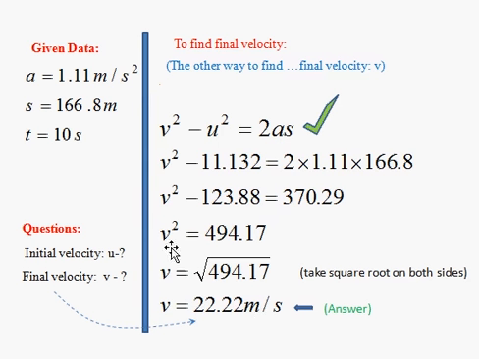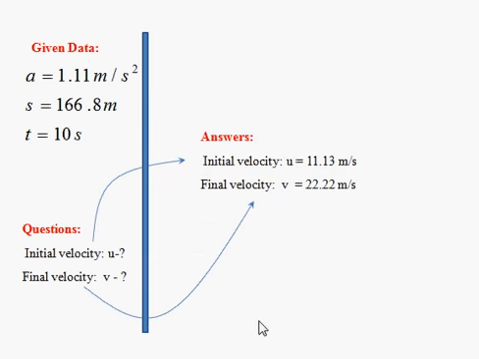And before this, we have v square equal to 4945. In order to remove the square, we can take the square root on both sides. So finally, you can get v equal to 22.22 meters per second. So we have utilized two different formulas to calculate the final velocity v. It is in our hands to choose whichever formula is easy for us to calculate the final velocity.